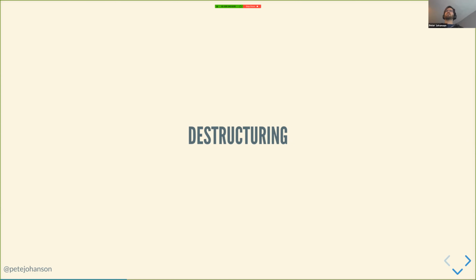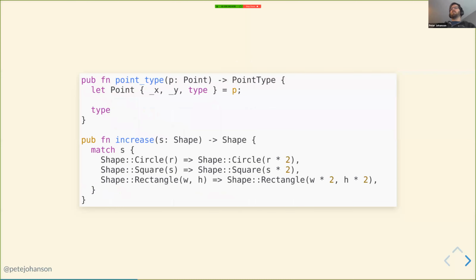So we can do things like internally within a function, we can destructure a struct. So I've got my function point type, which is a pretty lame function. You normally wouldn't write this function, but it's the best example I could quickly come up with here, where the point type function takes in a point, which is the struct that we defined earlier,